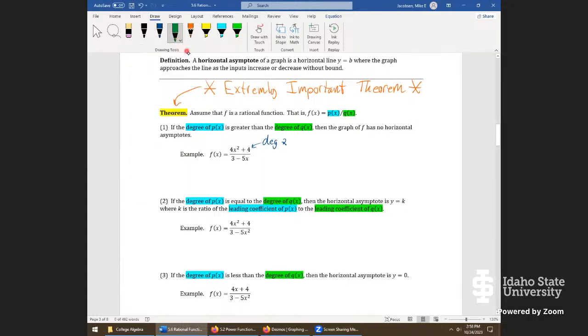The denominator's degree comes from that term. These are not always given to be in standard form where it has, say, the highest power term, the next highest, and so on. This one has the constant, and then the highest term is right here. So we have to definitely keep our eyes open for that. I put that in some of my problems here because it's also in the ALEKS system as well. This one is of degree 1. And so it turns out the degree of p of x is greater than the degree of q of x. And each and every time this happens, there will be no horizontal asymptote whatsoever on this graph,